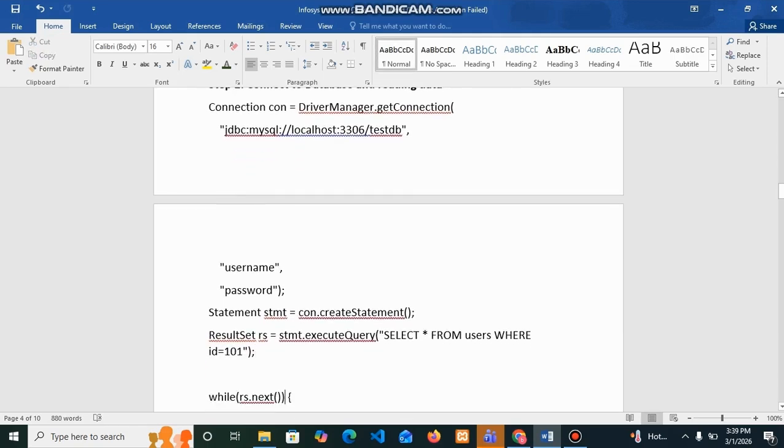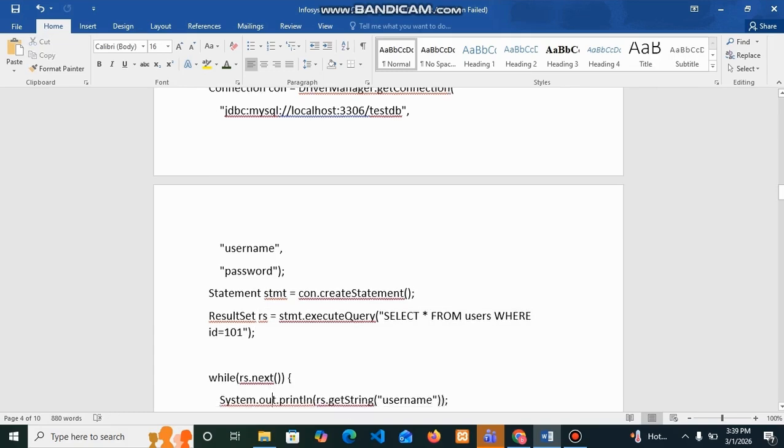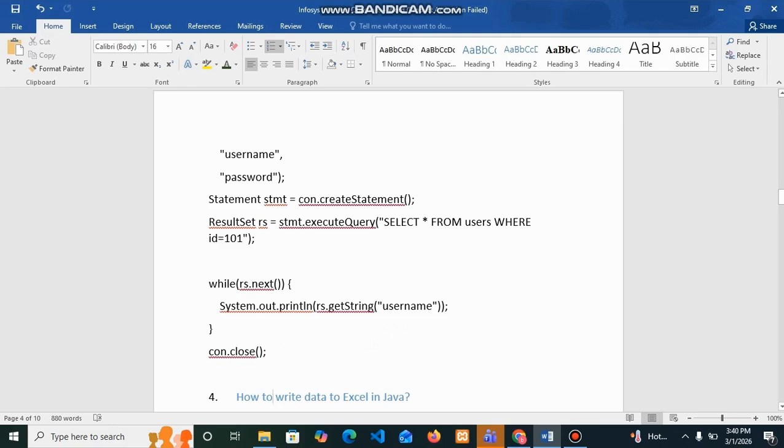Next is statement. We can create it using connection.createStatement. Connection we already specified with the name con, so we are using con.createStatement. Once the statement is created, we can execute a query from the statement by providing the database query and store the values in a ResultSet. When we loop through the ResultSet, we can print the result set values using getString, or even int values we can print with relevant methods.